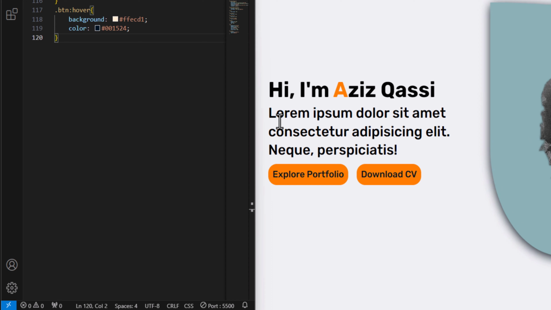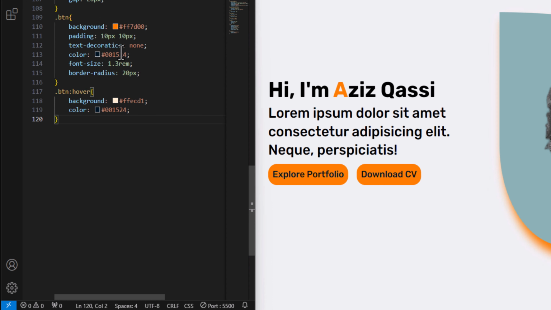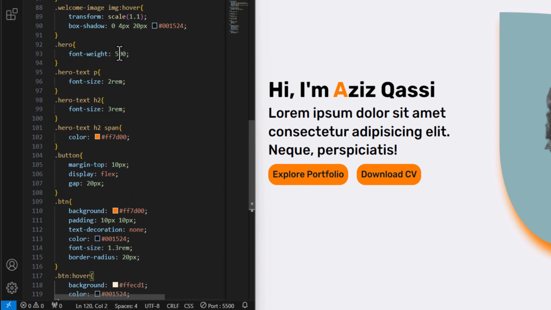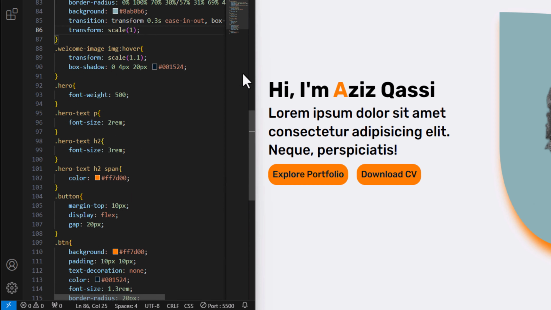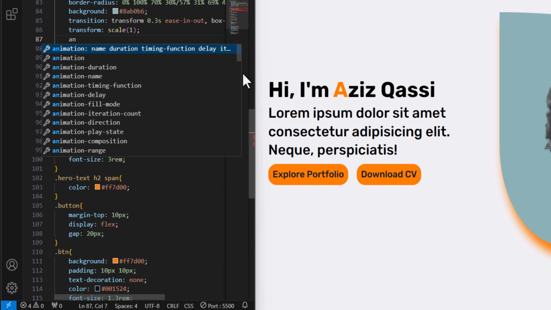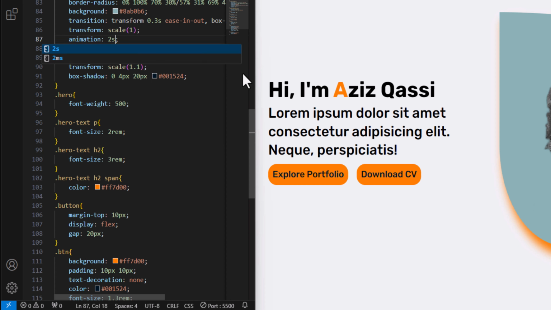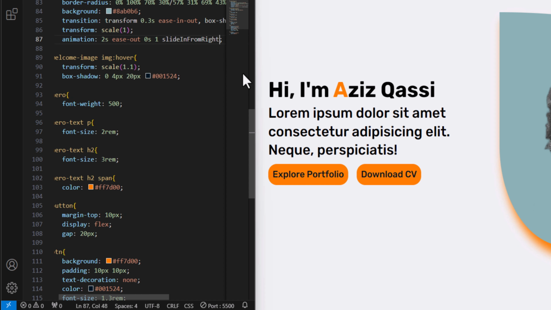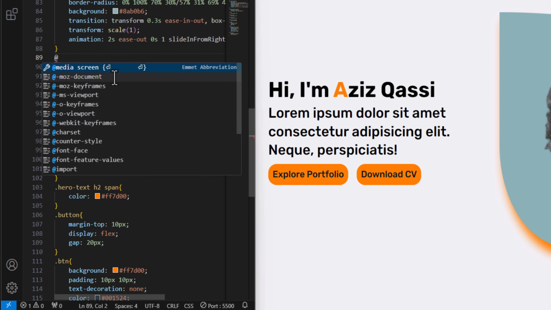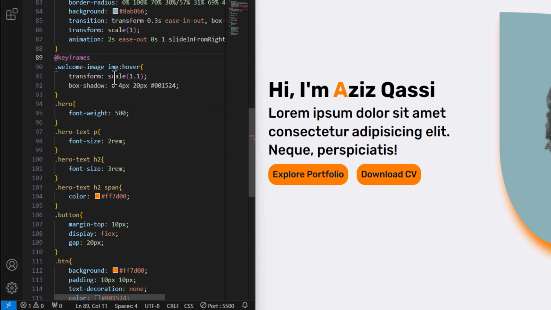To slide in from left or right, let's go back to image and hero text, welcome image. Here we need to add animation, and this animation to have 2 second, ease out, 0, so 1, and we want this to slide in from right. And just go right below the image and add keyframes, and we need to just copy this text from here, copy, paste it,